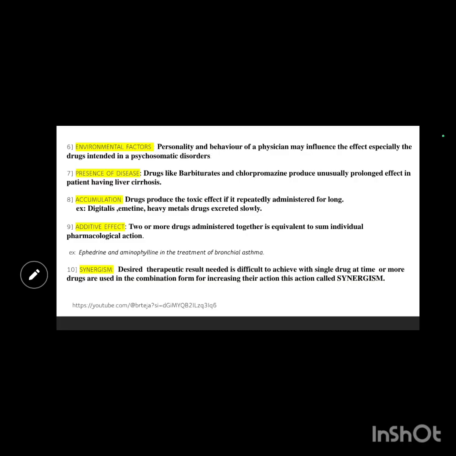This is called synergism. For example, milk of magnesia is given in acid poisoning, where the alkaline effect of milk of magnesia neutralizes the effect of the acid poisoning. Another example is tetracyclines. Tetracyclines should not be taken with milk, or taken before or after milk, because the antibiotic is not helpful in our body. Why? Because the milk of magnesia and milk do not let tetracyclines work in our body. Okay, next one,